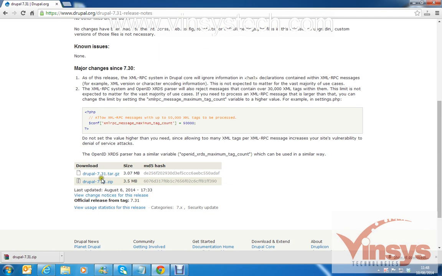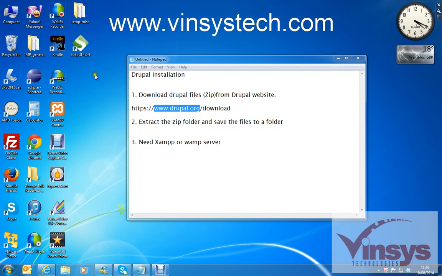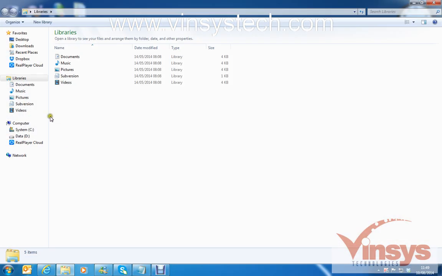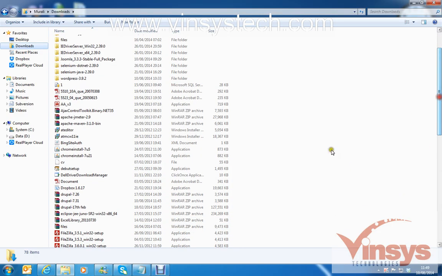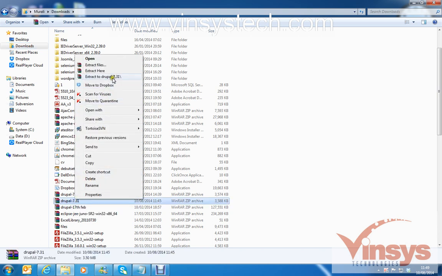7.31, and here you have again two links. One is the zip file and one is the tar file. So I have downloaded Drupal 7.31 zip just now, and you can see I clicked on download and saved it into my downloads folder in the C drive. Right, so here you can see Drupal 7.31, and I have some old versions as well. So it's basically a zip folder. Right click and extract all the files,